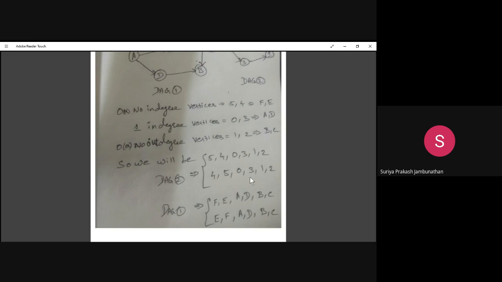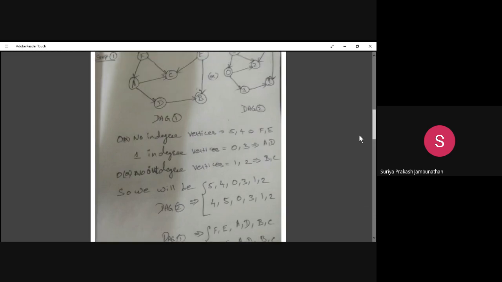Now we have to see how the sorting will work out. As of now, we discussed what is a directed graph and what is a non-cyclic graph. Cyclic graph and non-cyclic graph are different. Cyclic graph means wherever we start, it will reach the starting node again. Non-cyclic graph means it will not reach it again. So with a cyclic graph, we are not able to perform the topological sort. With a directed acyclic graph only, we are able to perform the topological sort. So let's move further.